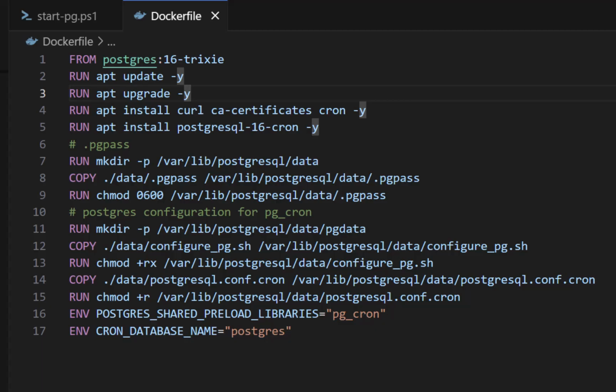Because that's what works with 16 Trixie. And again, I tried a bunch of combinations and was deeply unhappy till I got this. So then I go and get and install the package, and then I need the pgpass installed and correctly